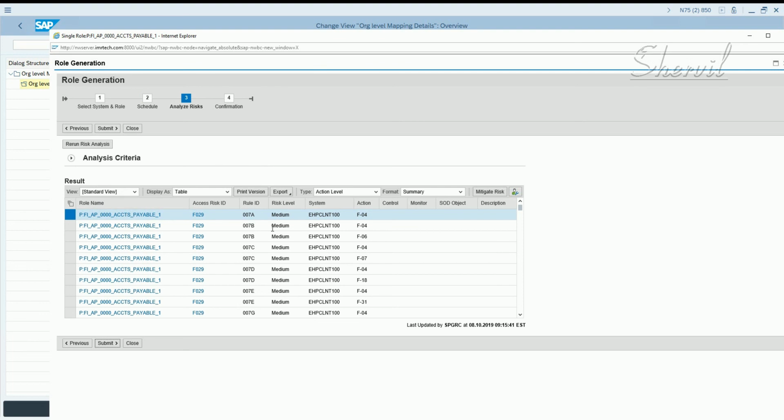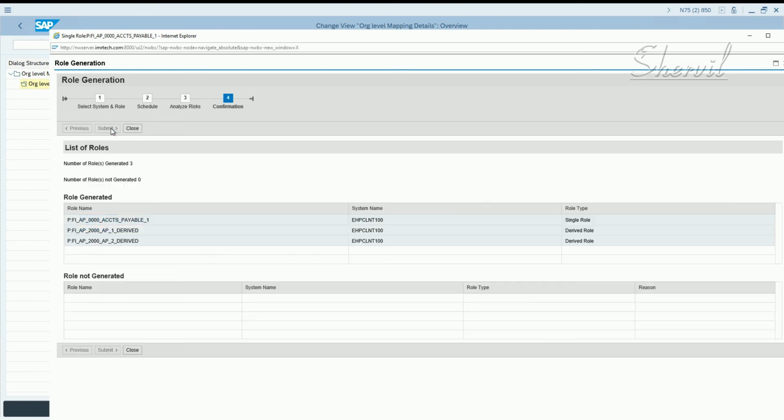We know the master has risks, so we have the risk showing up, and now you can mitigate the risks. So now if you see, 3 roles got generated, the master role and the 2 derived roles.